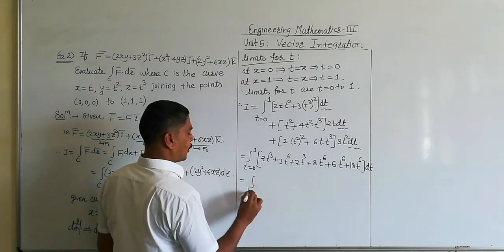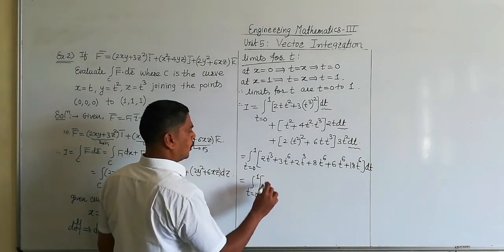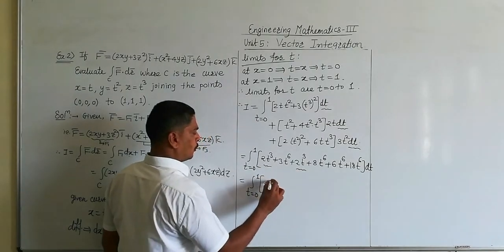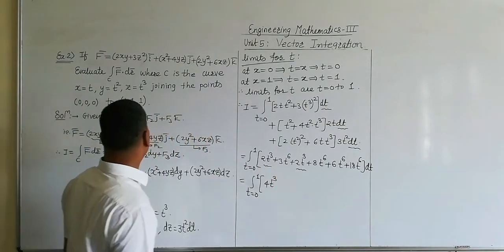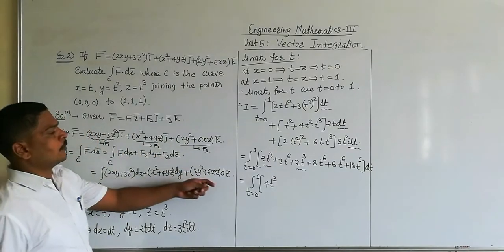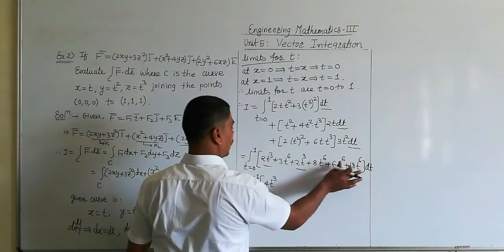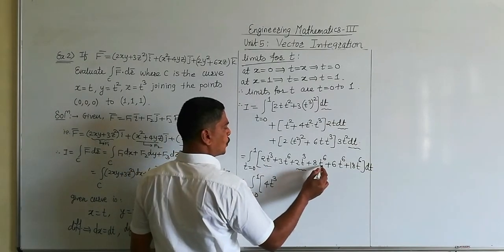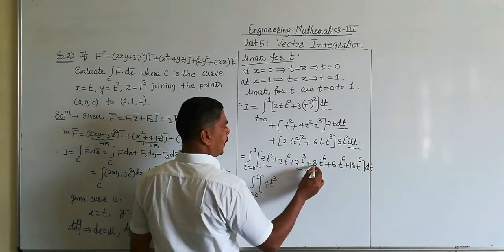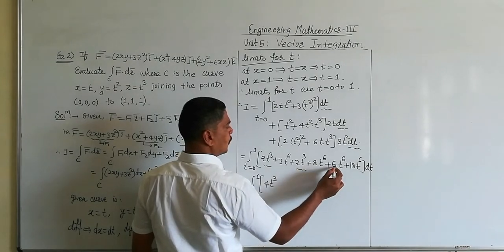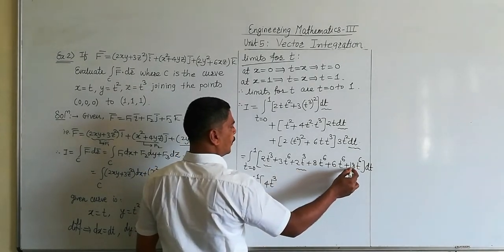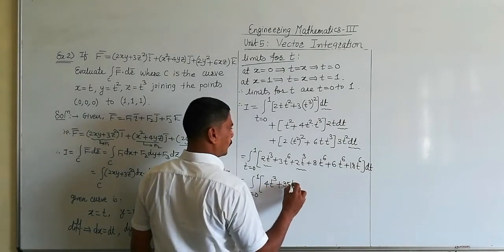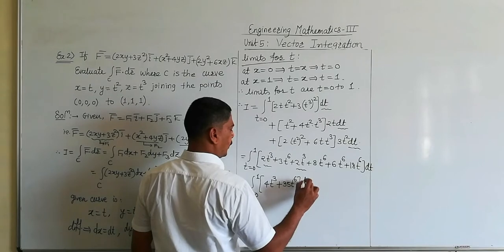So we get integration t is equal to 0 to 1 into power 3 terms are 2, so we get 4 t raised to 3. Right? Because all are positive sign. So here also all are with positive sign. Now power term of t raised to 6: 3 plus 8 is 11, 11 plus 6 is 17, 17 plus 18 is 35. t raised to 6. Bracket complete dt.